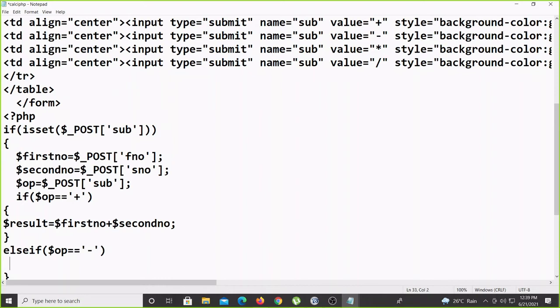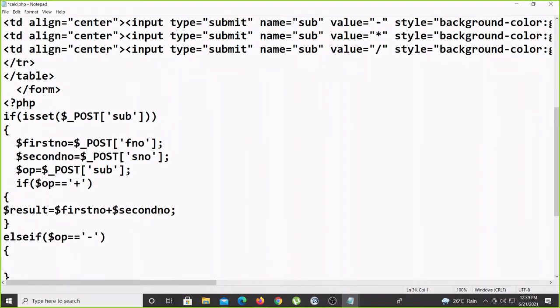In place of this one we can use the switch case also. That's why I told you so many logics are there. Don't think only this is the logic. In most programming things, multiple logics are there. But the problem is that the student community wants to follow only a single rule. No, that is not good. Second number. So this is the minus only.